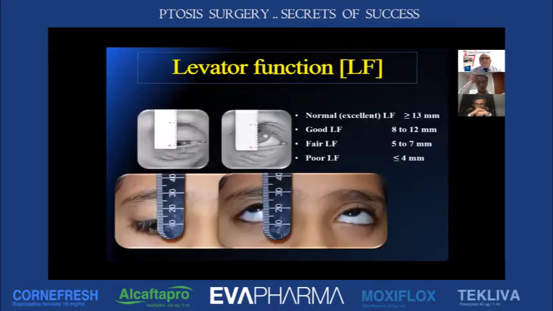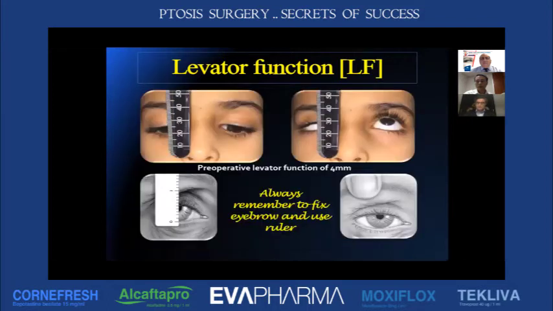The levator function is also very important, which is the movement of the eyelid from the extreme down gaze to the extreme up gaze, what we call lid excursion. And always remember when you measure it to fix the eyebrow, otherwise you will have an accentuated measurement. So it is very important to fix the eyebrow. As you can see here, it is between 40 and 45, and here also is the same